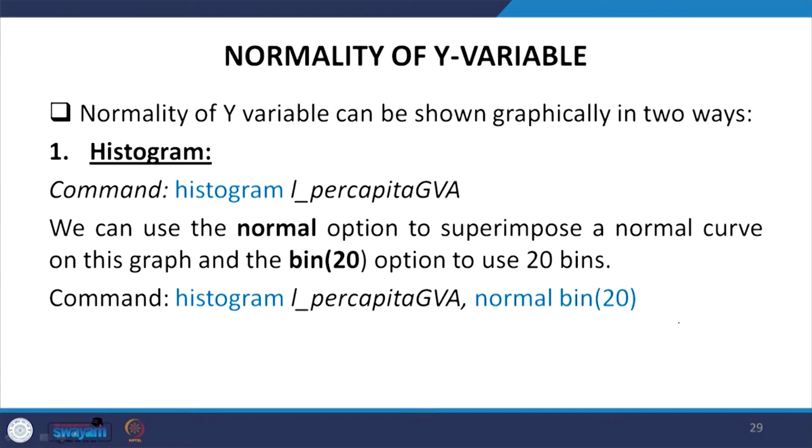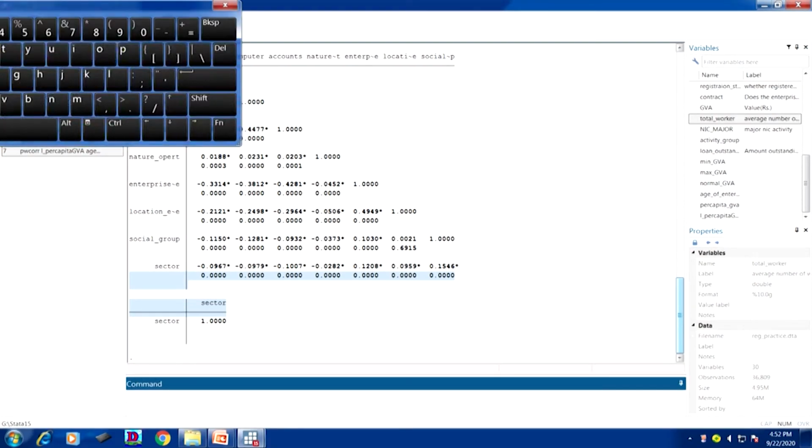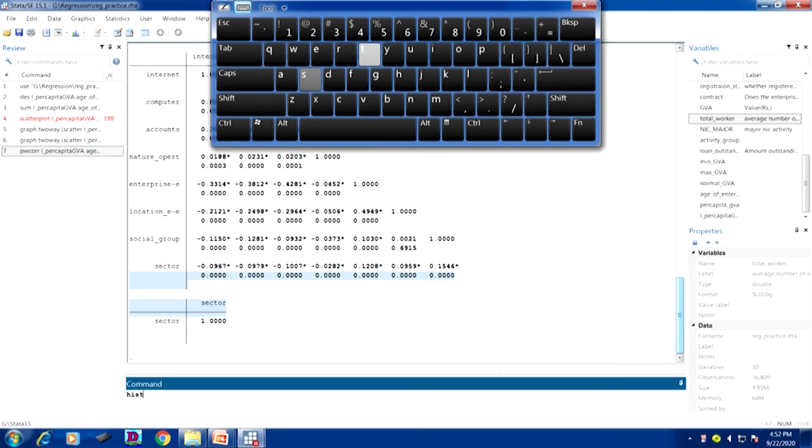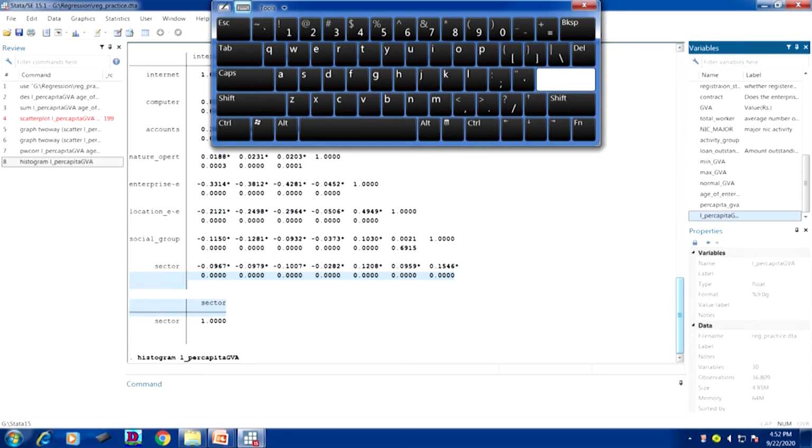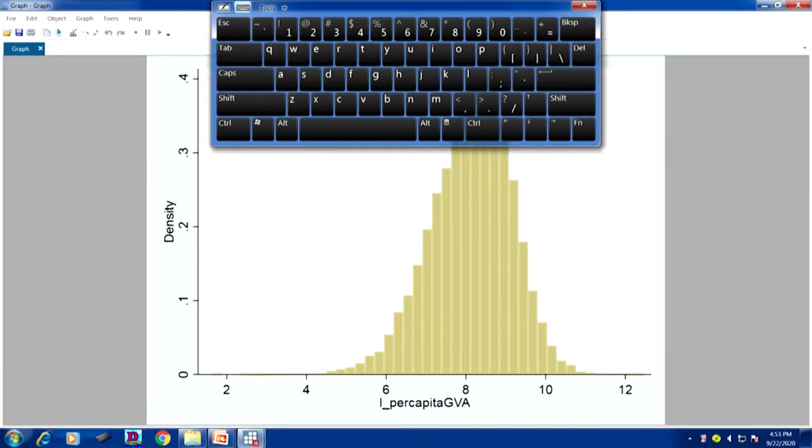Now, coming to the explanation of normality of the y variable, the dependent variable, that we can identify through this data. One of the approaches of measuring normality is the histogram. So, if I just enter histogram and the variable name, we will actually get that. Okay. So, simply histogram and the variable name. And if you enter it, it derives the histogram with different bins.